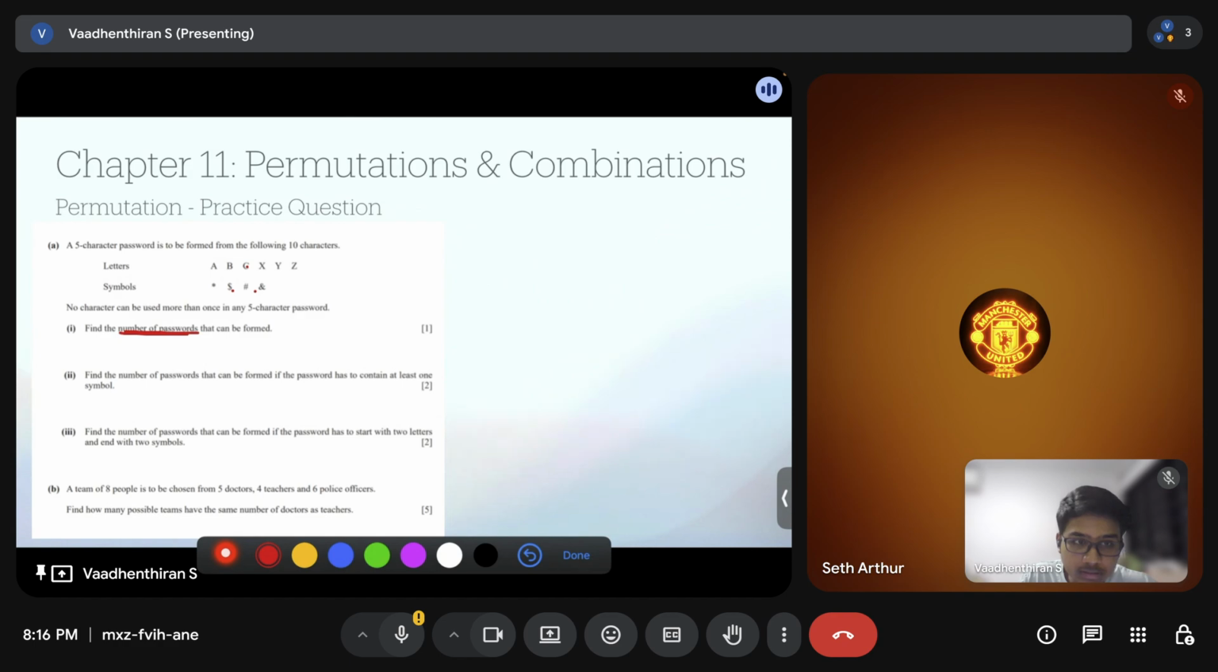Okay, so basically I'll just tell it. Because there is a character and you need to find a password, each position has an order to be followed in a password. So that's why we use permutation here. The number of passwords that can be formed from these 10 characters is 10P5, because it's a 5 character password. You need to choose 5 of the characters and then arrange them in a specific order. Different orders give you different passwords. So that 10P5 would be